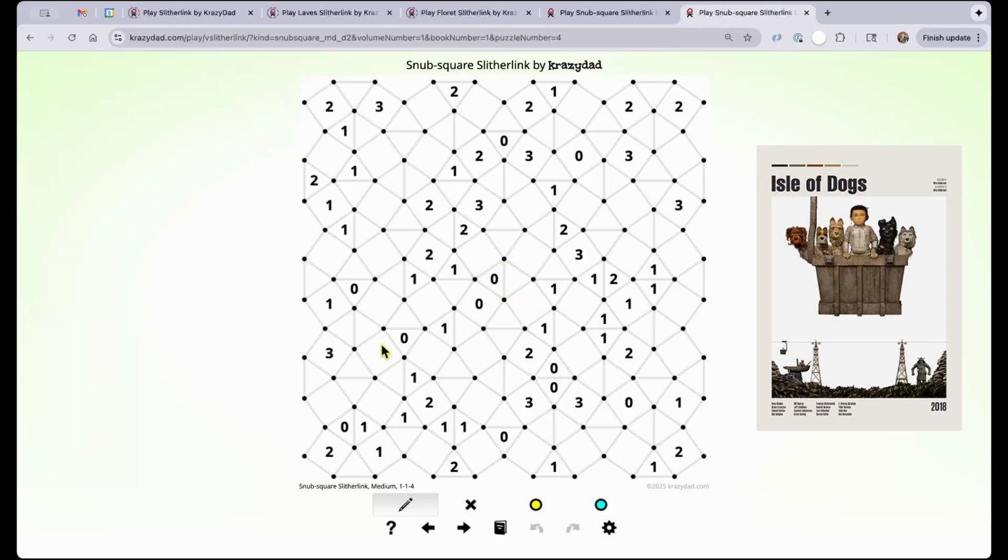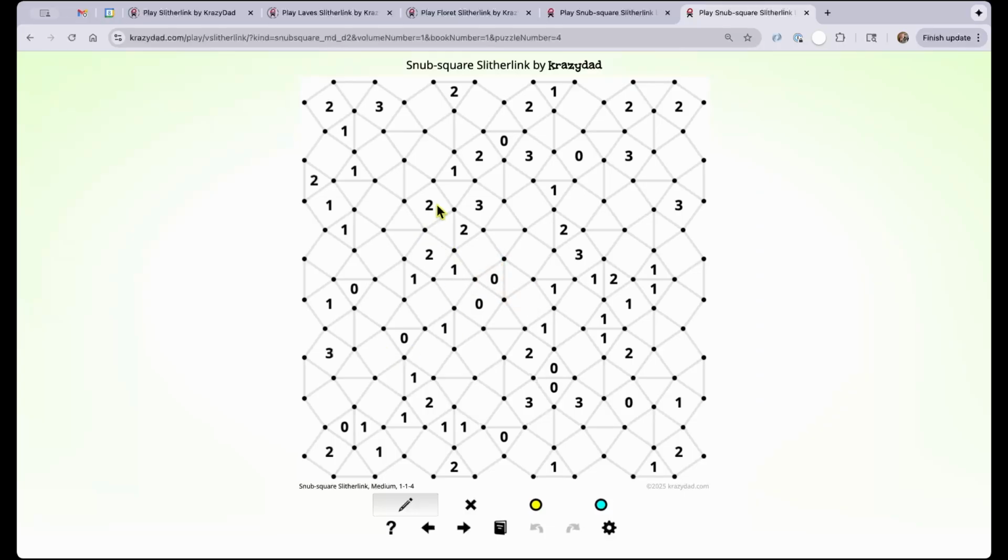Now I should point out that on these snub square puzzles you have both triangles and squares. The regular patterns you may have learned on classic Slitherlink work sometimes, but they don't work the same way on triangles. In prior videos I've talked about